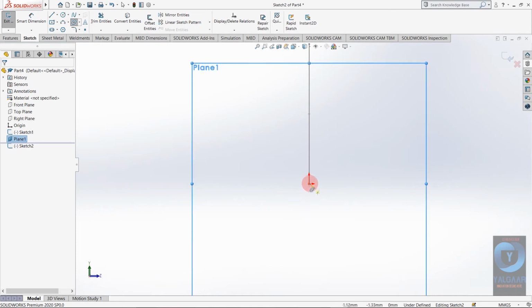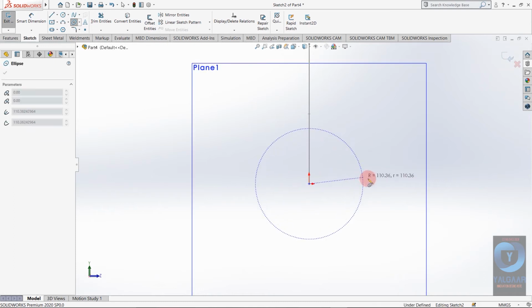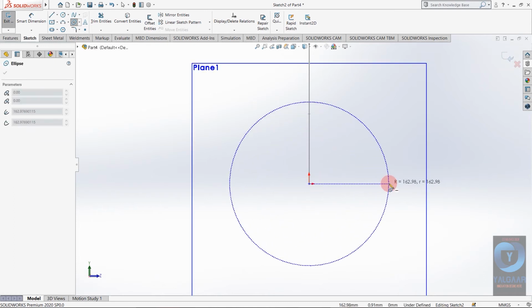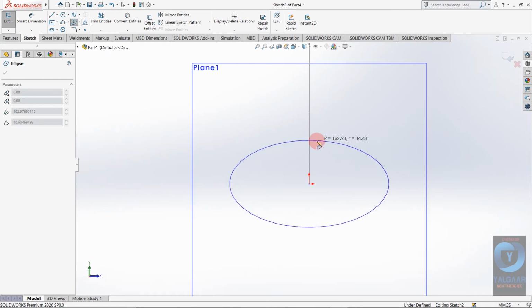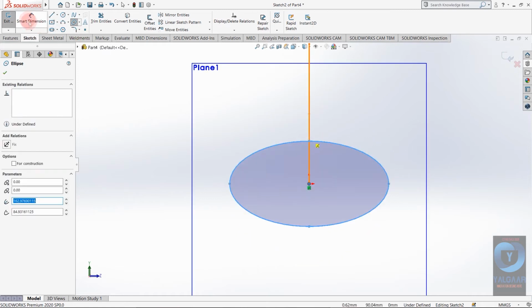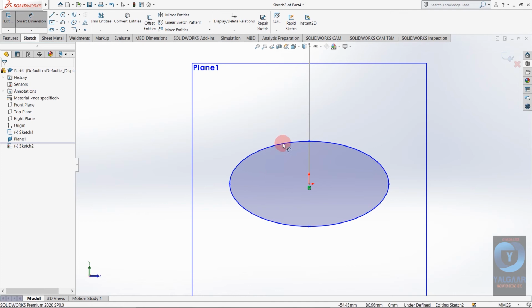Okay, now I am going to sketch on this plane. So ellipse. First of all I am going to define its major axis and then minor axis. Smart dimension.